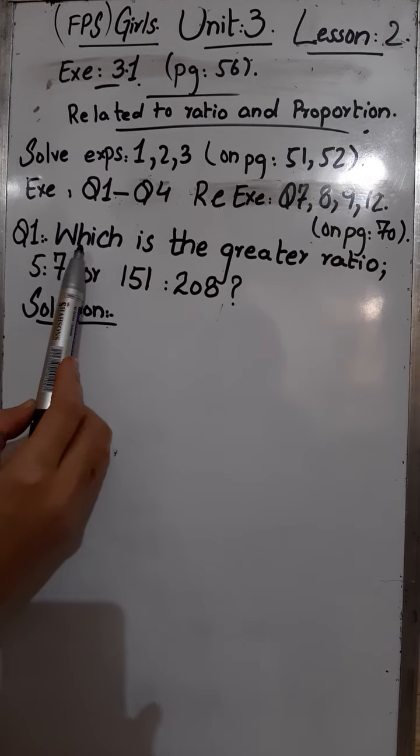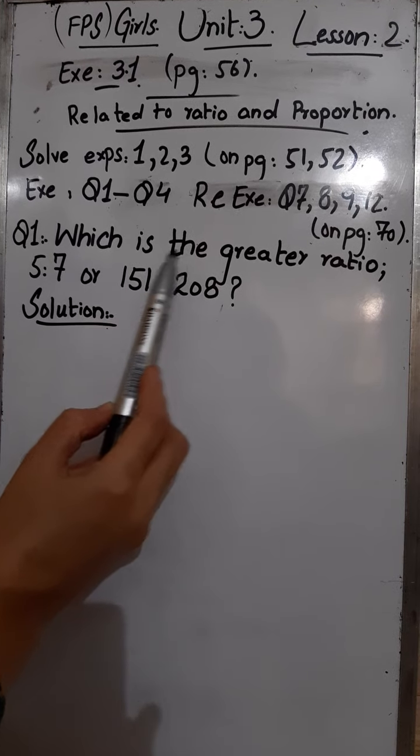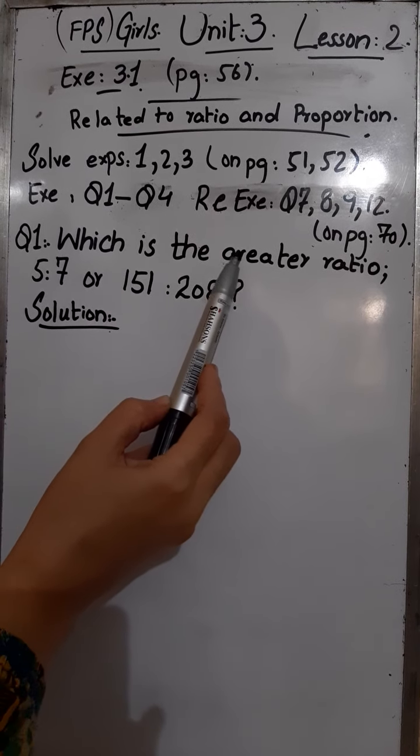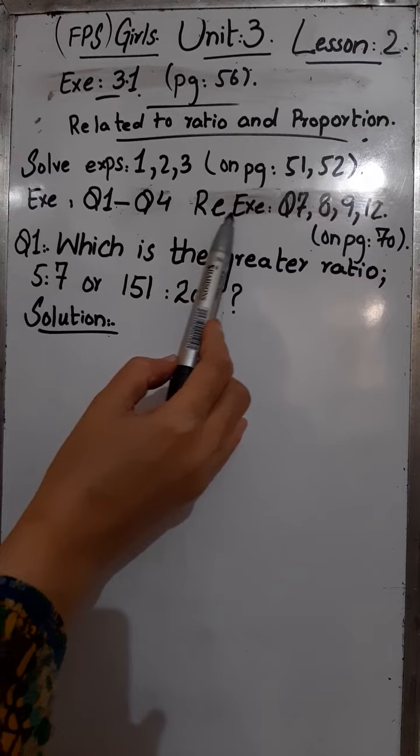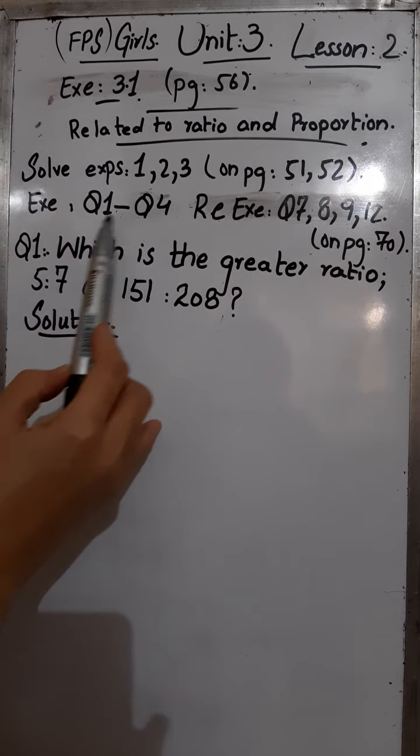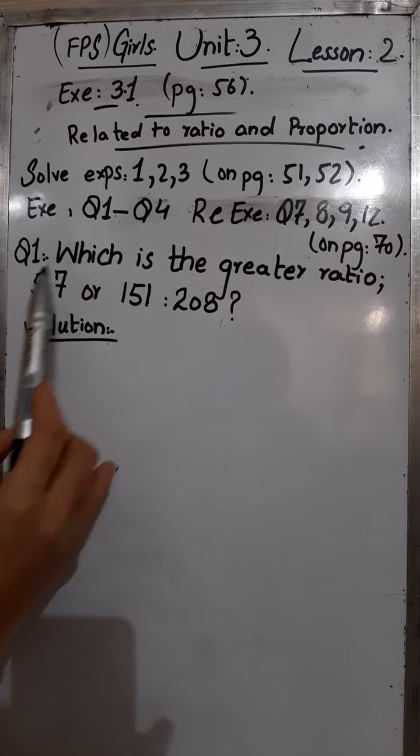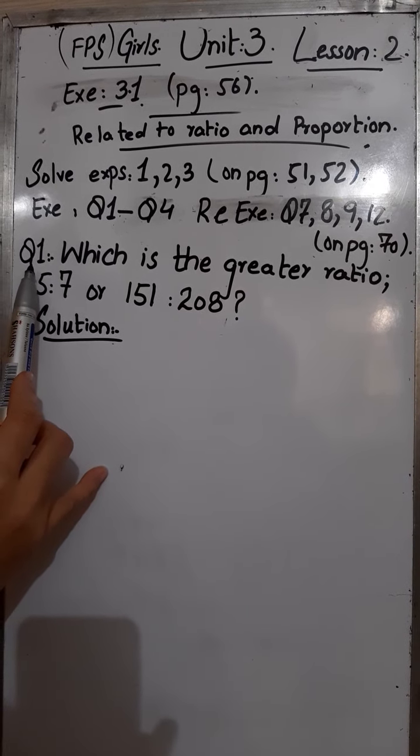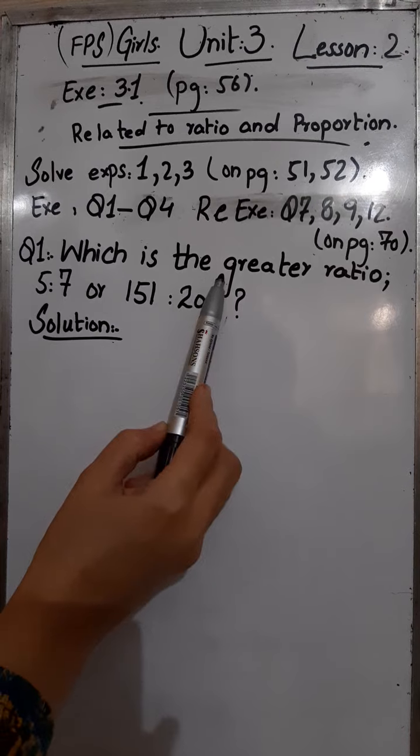So we will solve the exercise questions for you, and you can easily do the rest of the questions. You can do the rest of the review exercise questions and examples with the help of these solutions. So first of all, question number 1, which is the greater ratio,